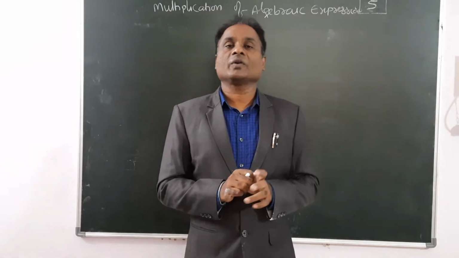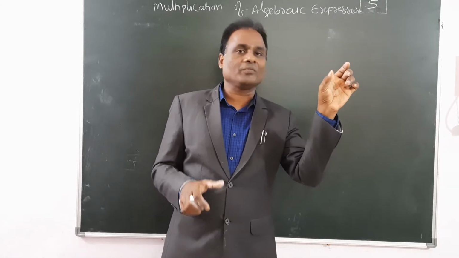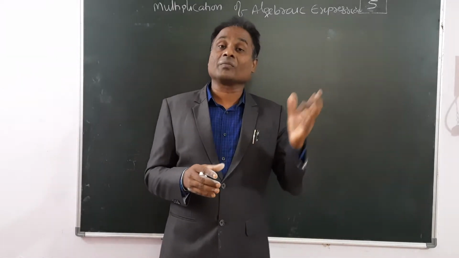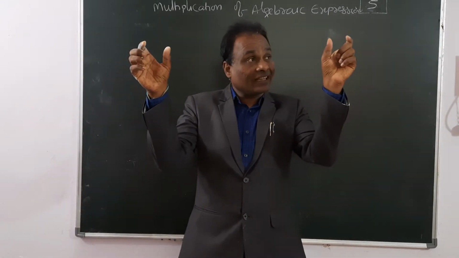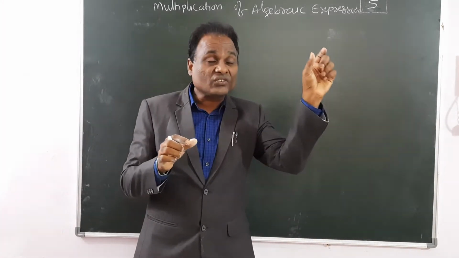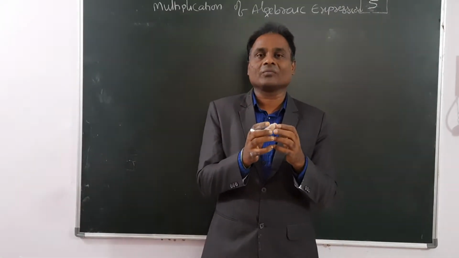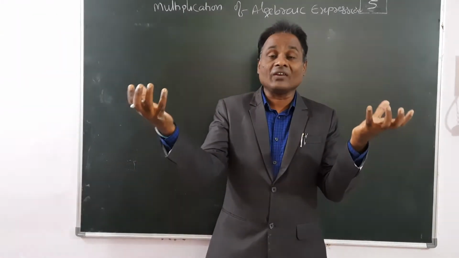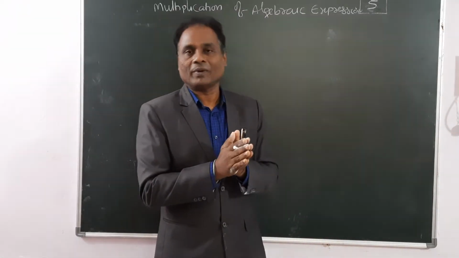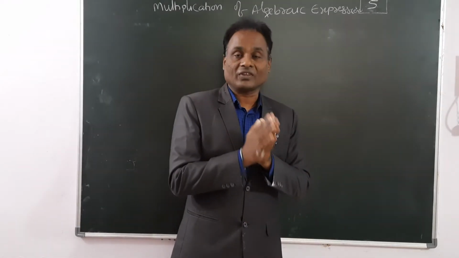Now today I am going to explain multiplication of algebraic expressions: how to multiply one algebraic expression with another. It is very simple. In addition and subtraction there was some confusion in selecting the like terms. Like terms are added with like terms, and like terms are subtracted from like terms: x square terms, xy terms, y square terms, or y cube terms. But in multiplication there is no such confusion. Simply we can multiply, even unlike terms. So that is a simple process.